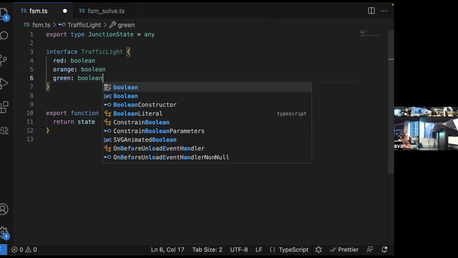Sure, we've simplified things, but even in your case where two lights need to be on, this is still a terrible way to model that state, because we can model things in a way that are invalid, right? Because red and green should never be on at the same time.